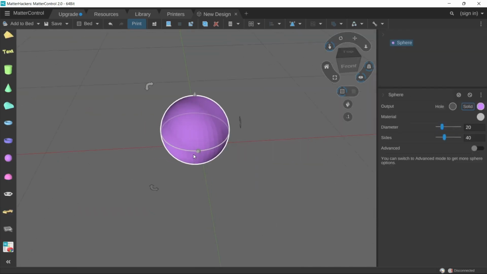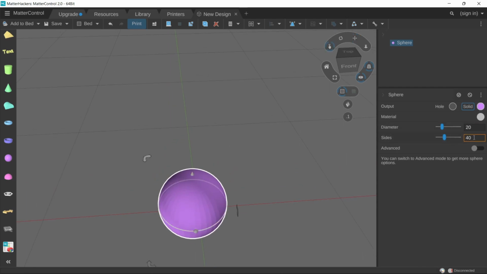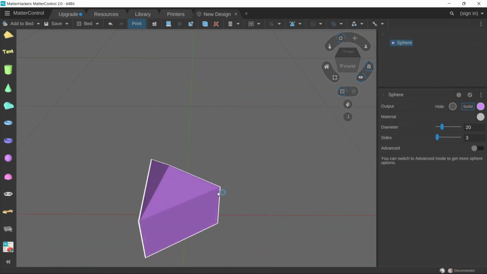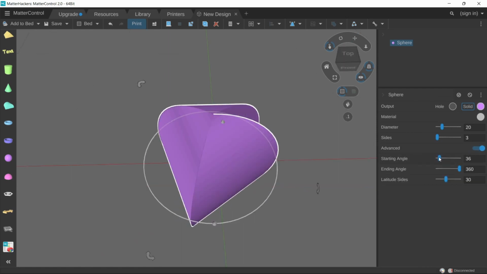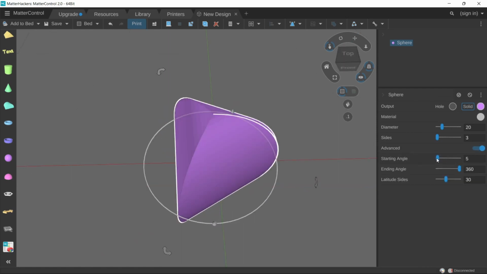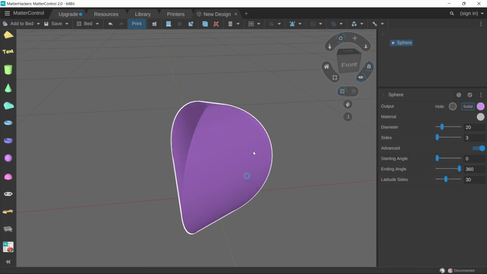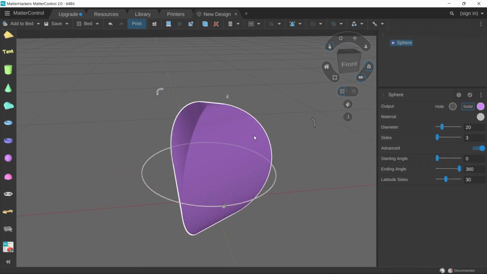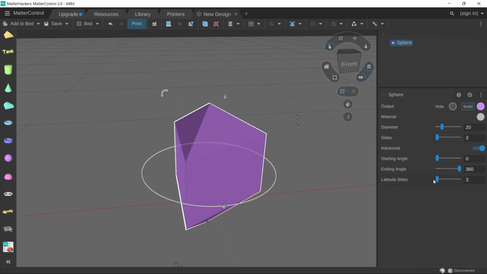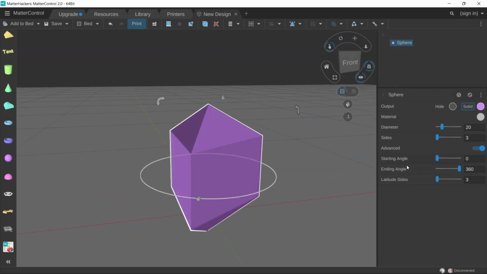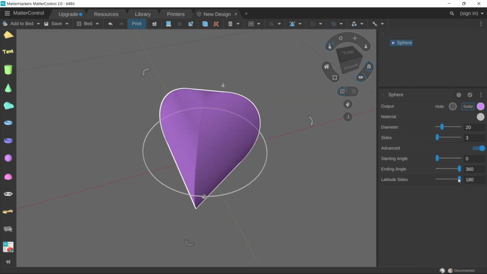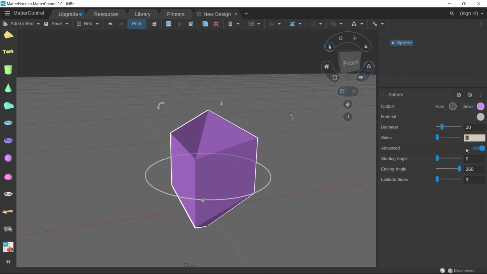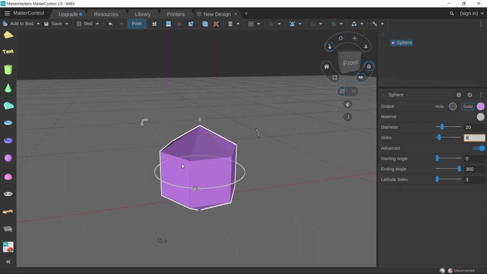Next up is our sphere. With sides, we can take this from being a sphere down to something like a triangular shaped thing. I don't know what you would call this. Then we have starting angle and ending angle if we want to take a slice out of this. And latitude sides is going to adjust the smoothness of it this way. So you can see we can go all the way down to this gem looking shape or up to a nice smooth curve. Now with this, if we were to give this 6 sides, you see we kind of get